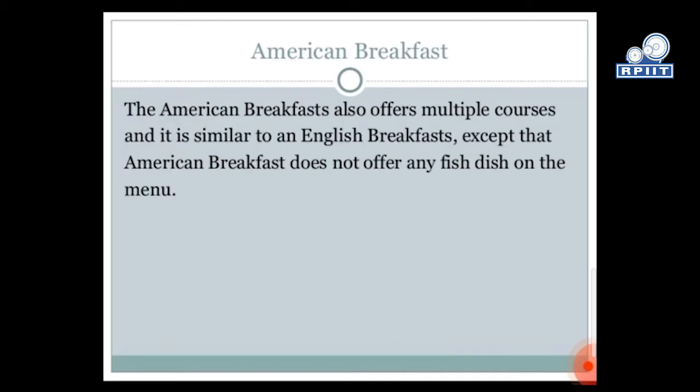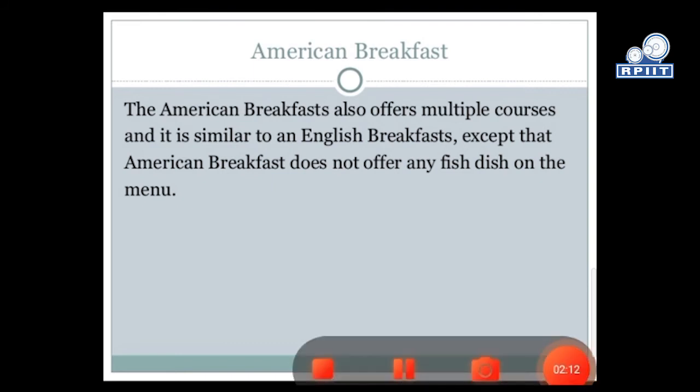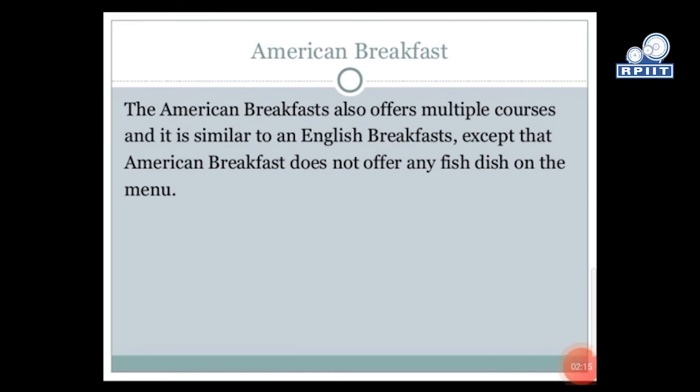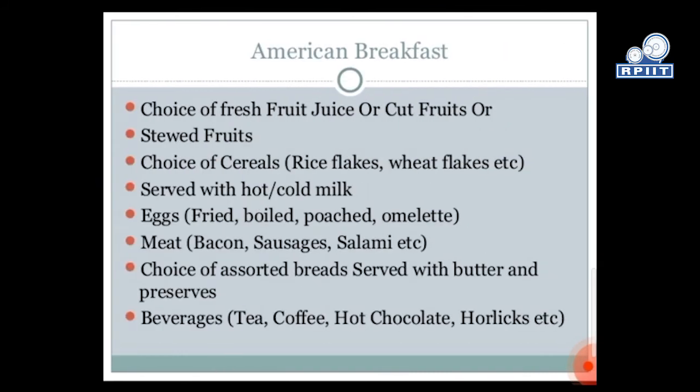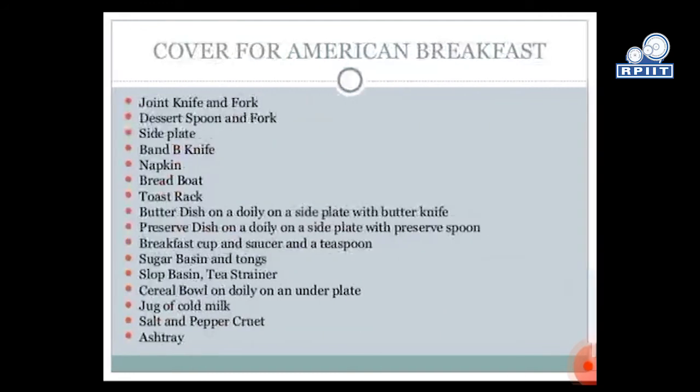American breakfast. The American breakfast also offers multiple courses. It is similar to an English breakfast, except that American breakfast does not offer any fish dish on the menu. American breakfast: choice of fresh fruit, juices or cut fruits, stewed fruits, choice of cereals served with hot and cold milk, egg, meat, and choice of assorted bread served with butter and preserves, beverage, and cover for American breakfast: